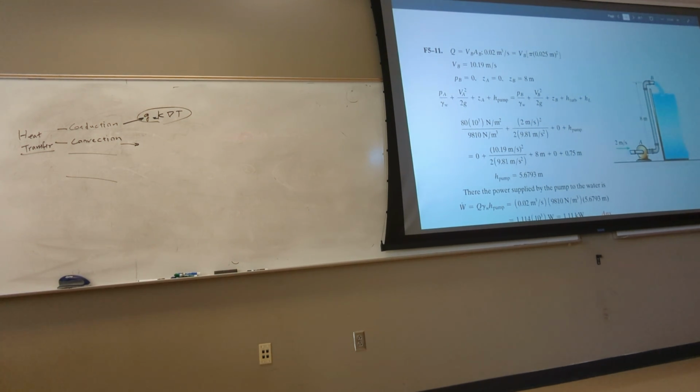Negative 8. Don't put positive 8. It's negative 8. It goes down. If you put positive 8, your result will be different. So put it here. When you substitute values here, you substitute for the velocity and the pressure, and then for the height at A, which is 0. So 0 goes here, the 0 is right there.